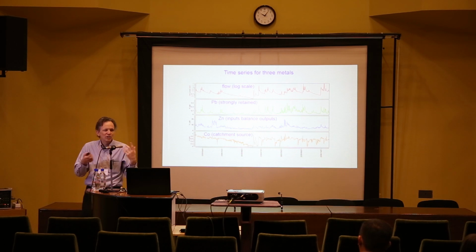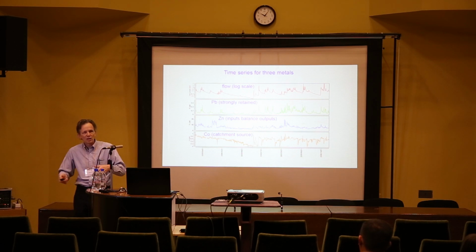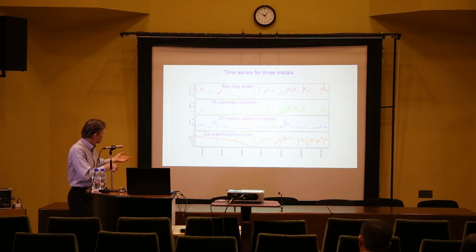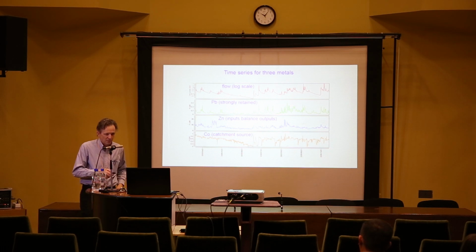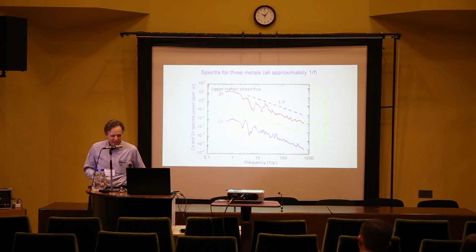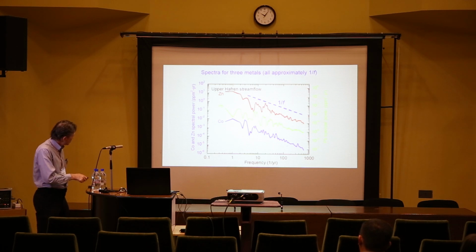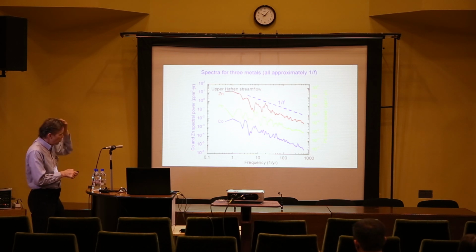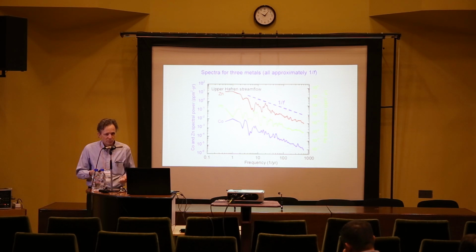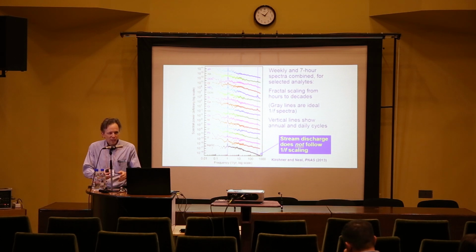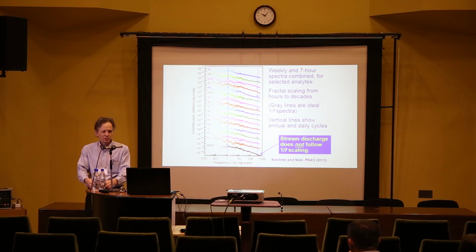So these are 3 entirely different time series driven by entirely different chemical processes, right? And the time series look completely different from one another. But if you plot their spectrum, their power spectra are almost all the same. And they all approximately follow this 1/f noise pattern. In fact, if we look at all of the elements in this great big data set that I've been describing,